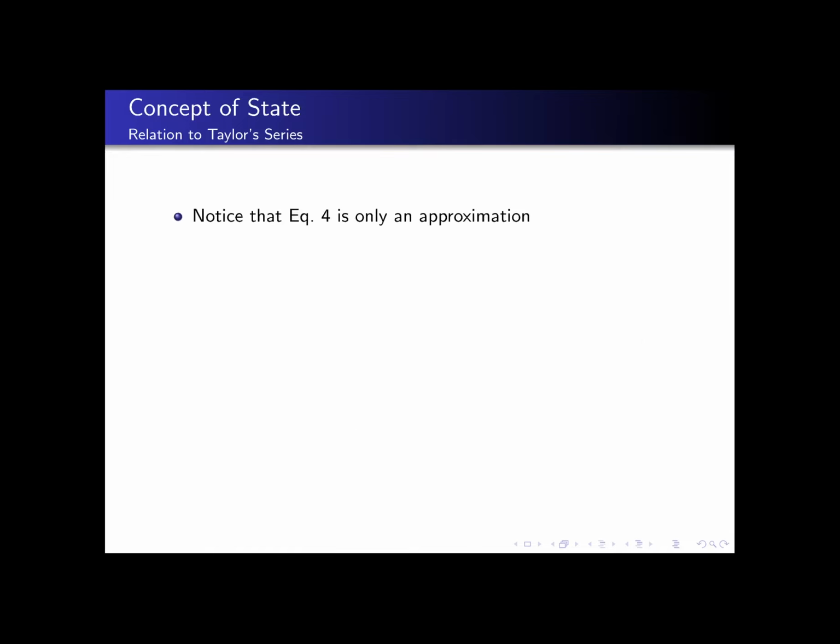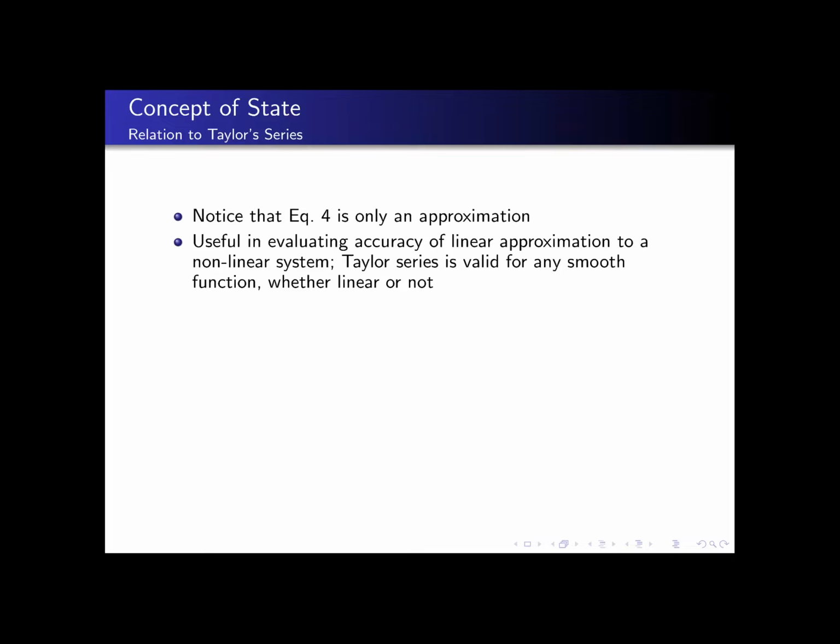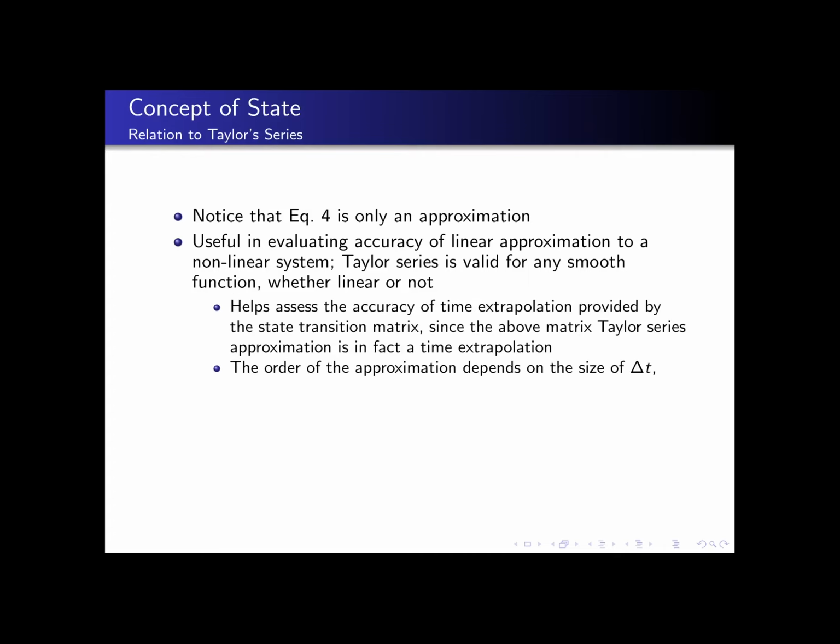Notice that equation 4 is only an approximation. However, it's useful in evaluating the accuracy of a linear approximation to a nonlinear system. Taylor series are valid even for any smooth function, whether it's linear or not. But it does have to be a smooth function. It helps us to assess the accuracy